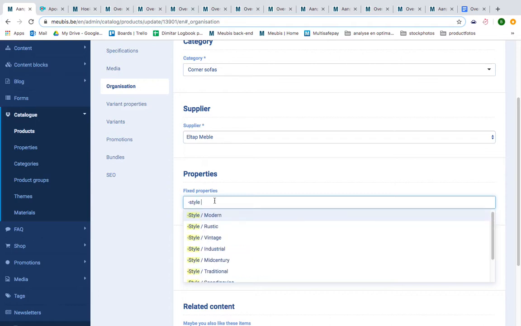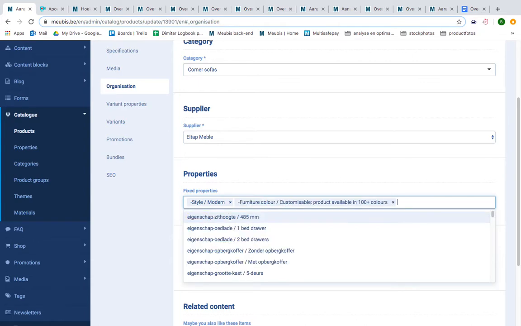in, just like you would the variant properties. And then the color. For the color, it's a sofa available in a wide array of colors and fabrics, which means that you're gonna do furniture, so always put the dash, and this is called furniture colors. Ooh, okay. Furniture color, and then you can already start with customizable, so it's customizable, and then you just check your variants, so it's customizable